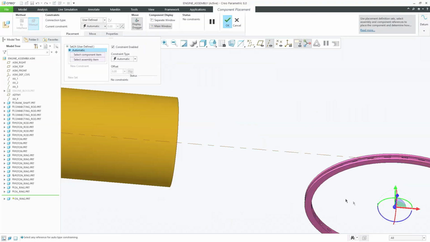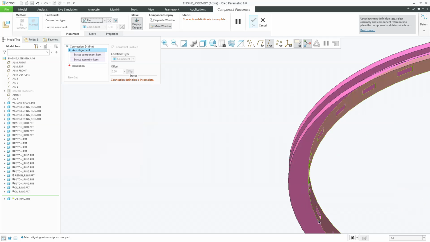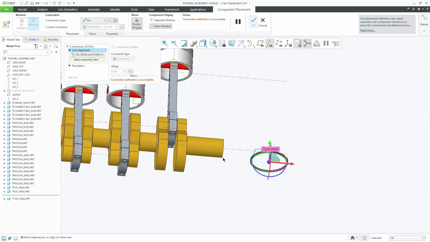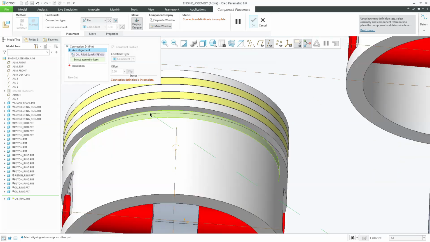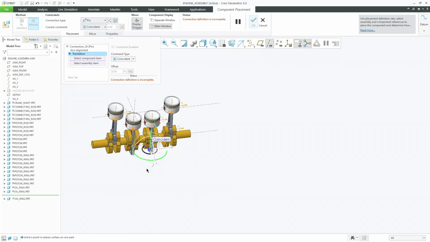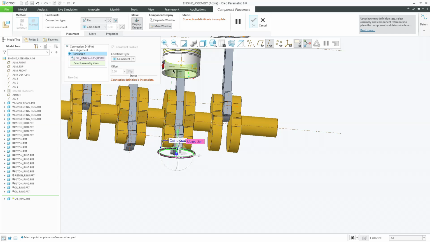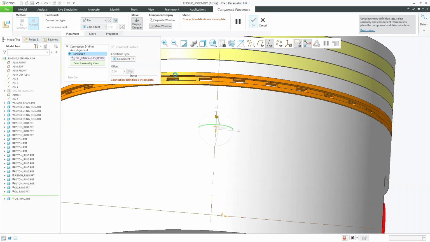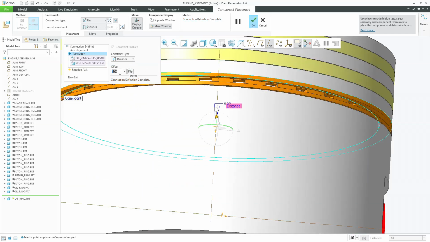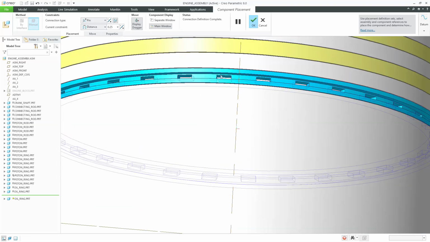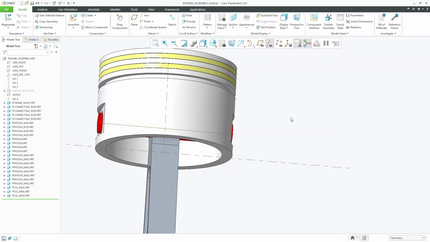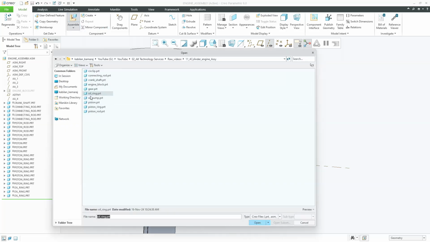Third oil ring, same way, select the pin type, connect it to the surface, and for the translation, surface to surface distance as 0.25. So the last and final oil ring we are going to get assembled the same way